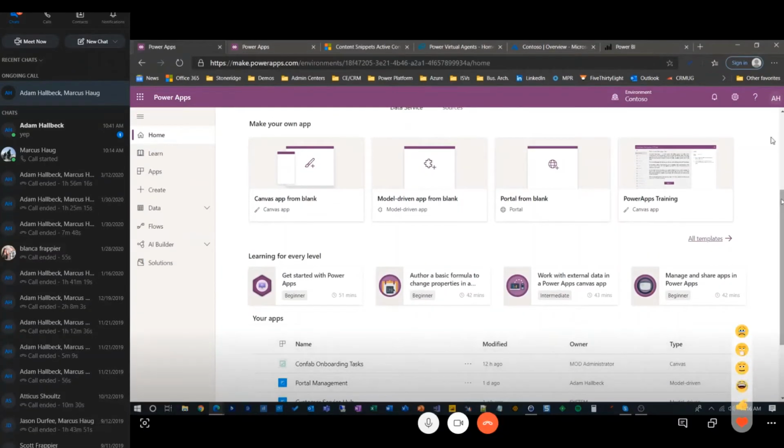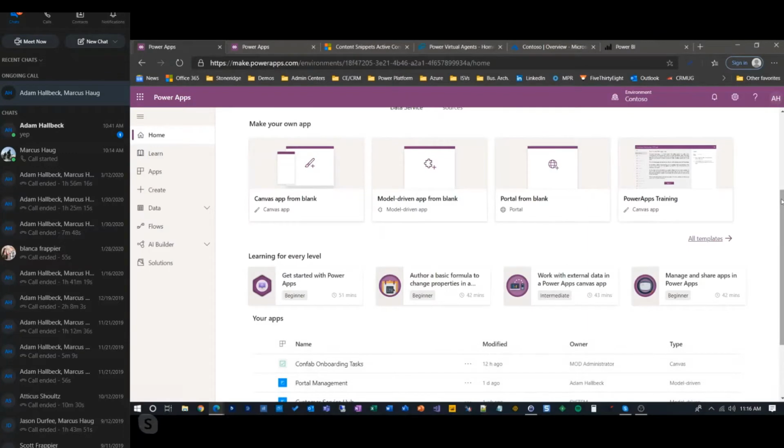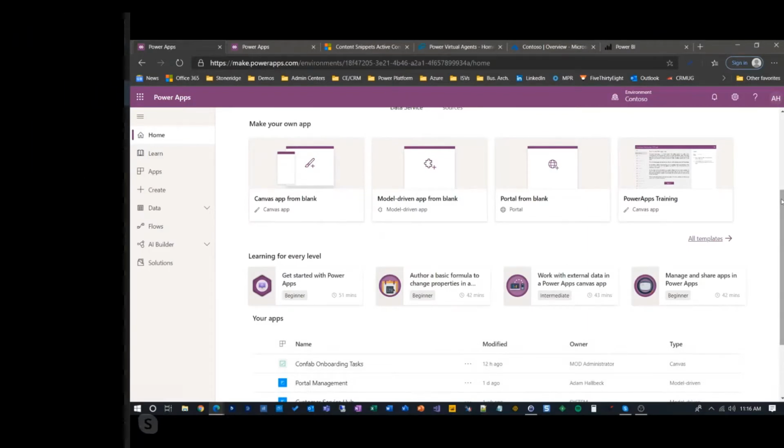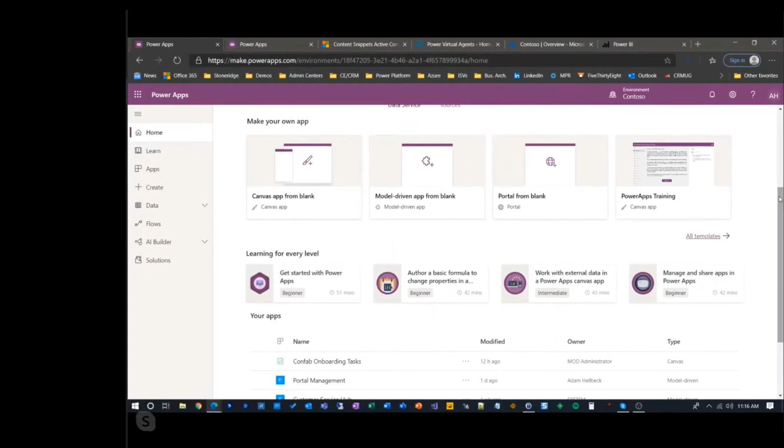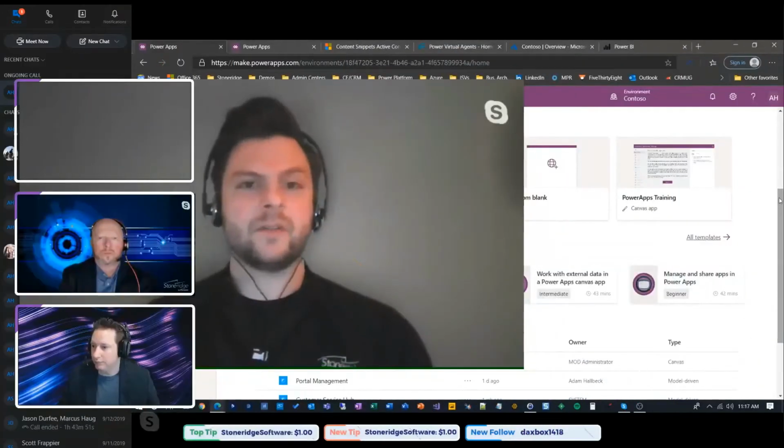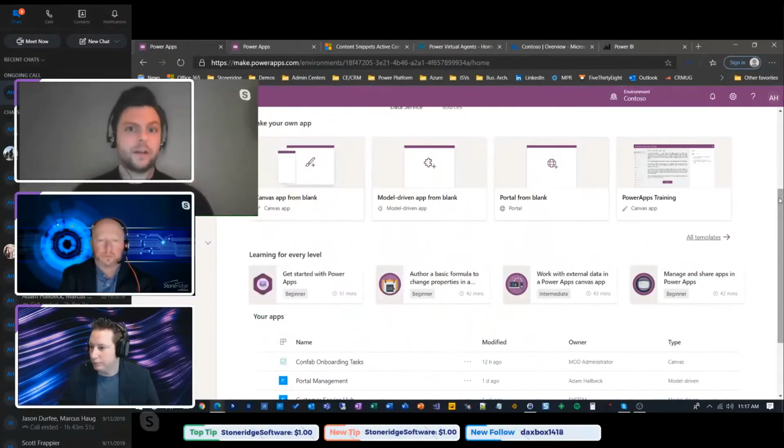A portal, I feel like people know what a portal is. We don't have to dive into the Webster's dictionary version of what a portal is. You're accessing data from one side, you're accessing data from another. It's a collaboration space. So it's pretty straightforward conceptually. However, it's historically been pretty difficult to get a slick, value-adding, functional portal in place for Dynamics CRM and Dynamics 365 customers until, and this is the history lesson,